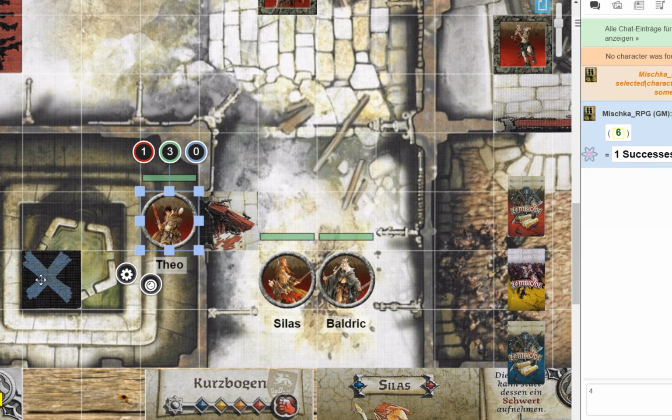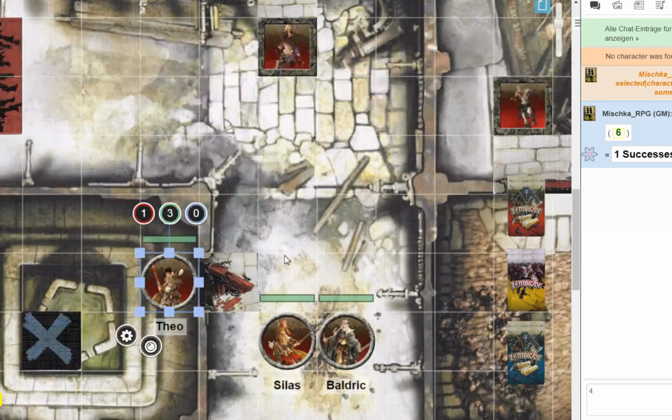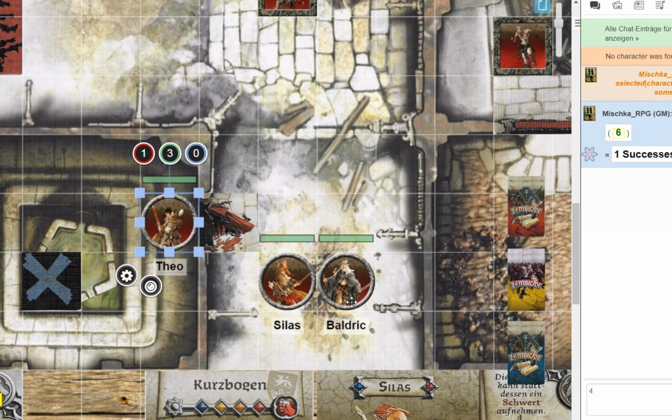We could pick up the blue objective to get 5 experience points for Theo, and to reveal the magical barrier from the blue door to smash the door. But we won't do this because I want to have the experience points for Baldric, the magician or the spellcaster. And on the other hand, I can pick it up after this with Baldric, but I don't want to open